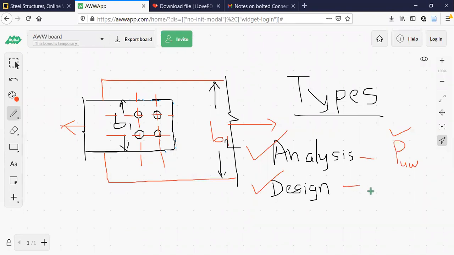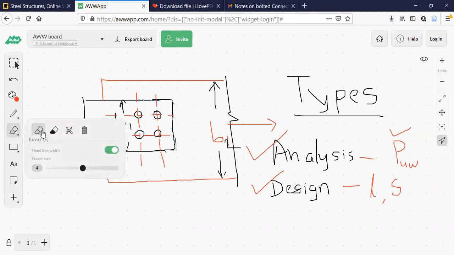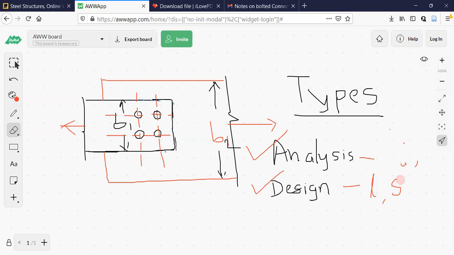In design of a welded joint, what we did, the load to be transmitted is given. How much is the load the joint has to resist? That is given. We used to find out the length of the weld and size of the weld required to resist the force to be resisted. The same thing happens here also. In case of bolted connections, again you can see the types of problems I am telling you here. Here also the same thing will continue.